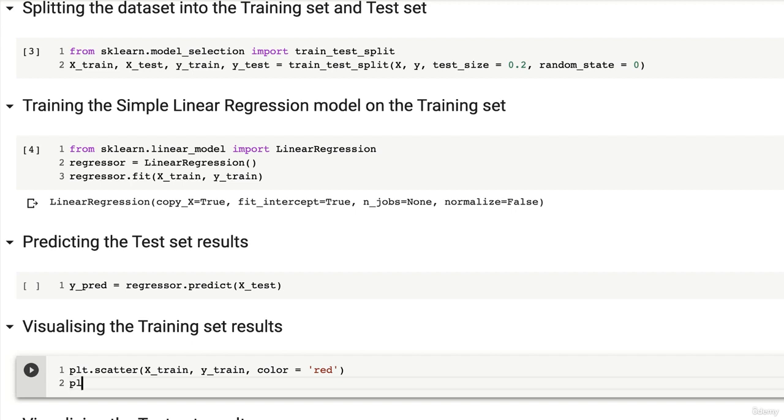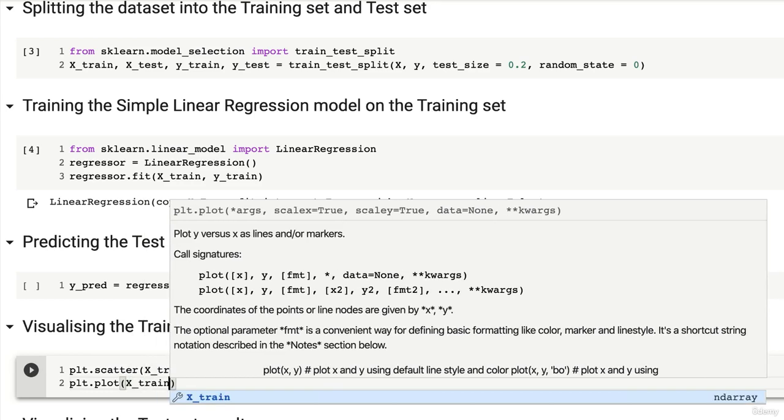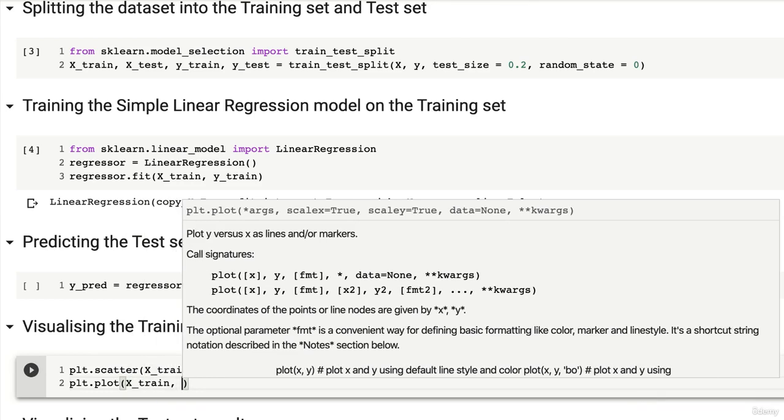Let's call first the plt module, pyplot. Then from this module, we're going to call the plot function. There you go. And in this function, well, same as in the scatter function, we have to input the coordinates of the point or line nodes corresponding to the predictions. So let's do this. According to you, what is the first coordinate of these predicted salaries? Well, that's of course x_train. Why is that? It's because right now we're visualizing the result of the training set. Okay, so these correspond to the numbers of years of experience of the employees in the training set. That's the x coordinates. Okay, now we're going to input the y coordinates.